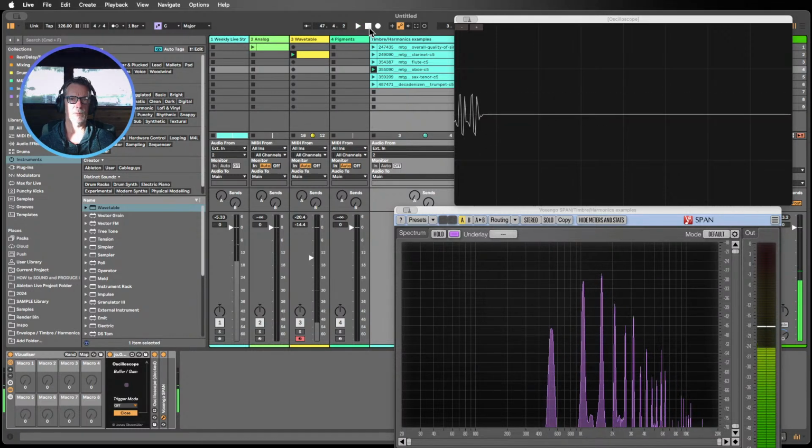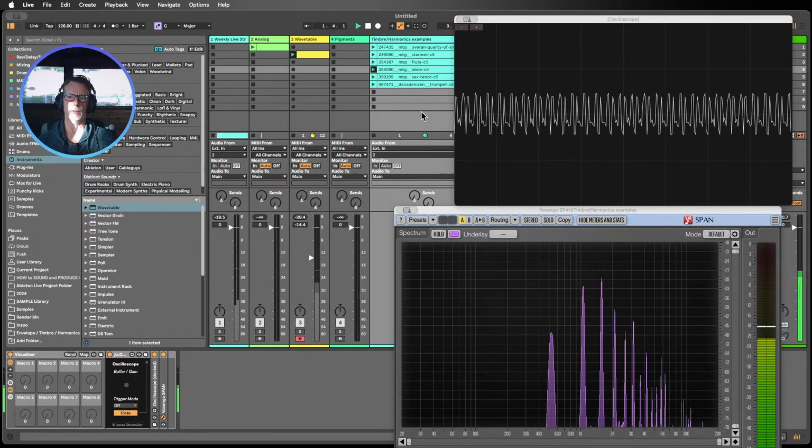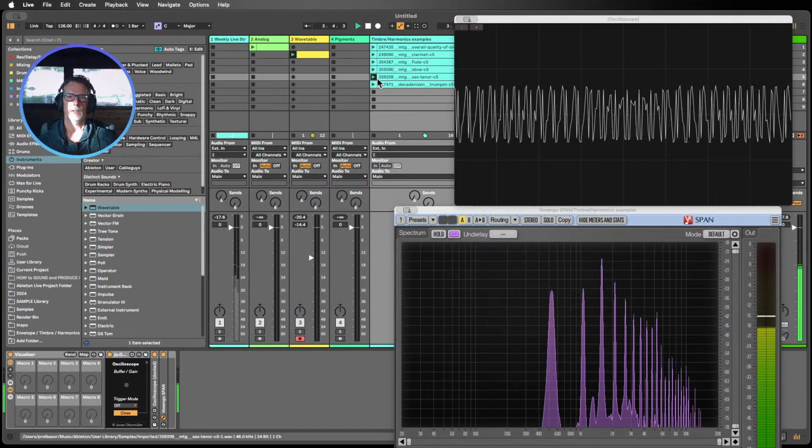And what I've done here as well is all of these instruments, by the way, they're all playing the same note. They're all playing the C5, so that makes it nice and easy as well. We're not playing different pitches, so there's a test here that's more concrete, because they're all playing the same note and same pitch. We're not moving up and down in frequency or pitch, which would change the speed of the oscillations and all that technical stuff. So we're looking at like for like, note-wise, but we're seeing lots of differences in harmonics,